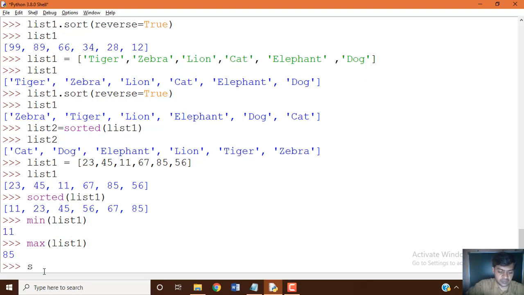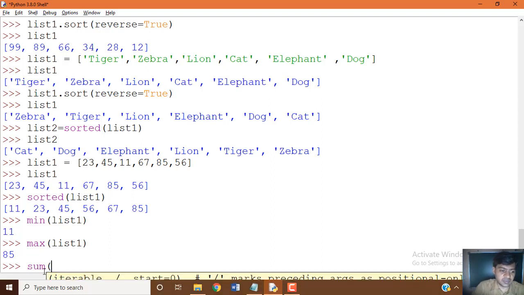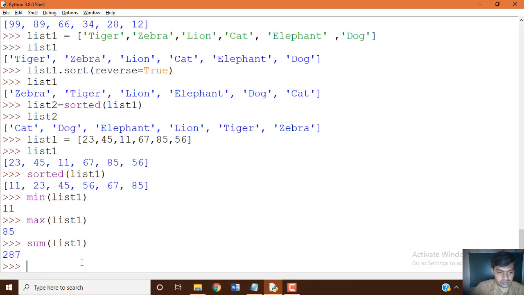Then sum, to calculate the sum of all the numbers, 11 plus 23 plus 45 plus 56 plus 67 plus 85, if you want the total sum value, then you can apply the built-in function sum. Okay, 287. Minimum value 11, maximum value 85 in the given list, and the sum of those data items is 287.